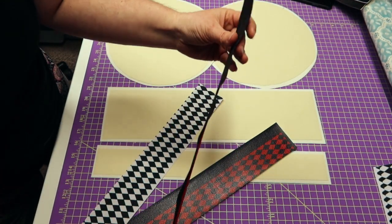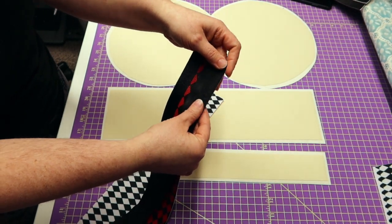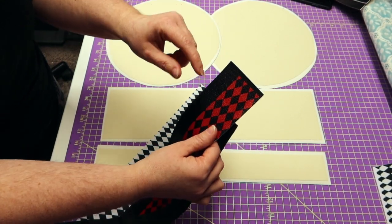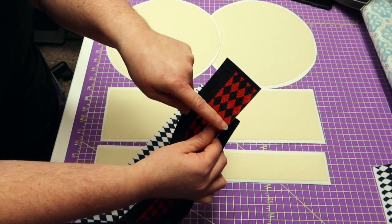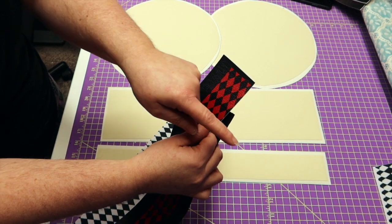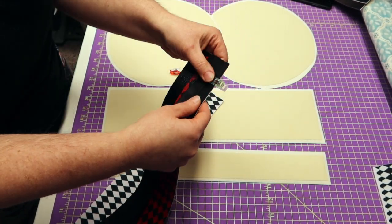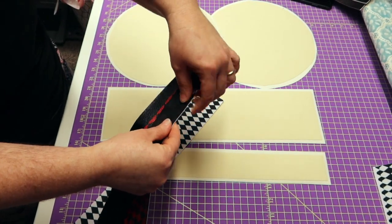So we're going to take our zipper without our zipper pull on it, and we're going to put right sides together. So the right side of my zipper to the right side. And also, just like the chocolate frog box one, we have the black side, and then we have this pattern over here. Whichever pattern you're going to put your zipper on, you need to make sure that both of the zipper gussets are on the same side and look the same. So I am just going to clip that. I've got the right side of my zipper to the right side of my zipper gusset, and then we're just going to clip down